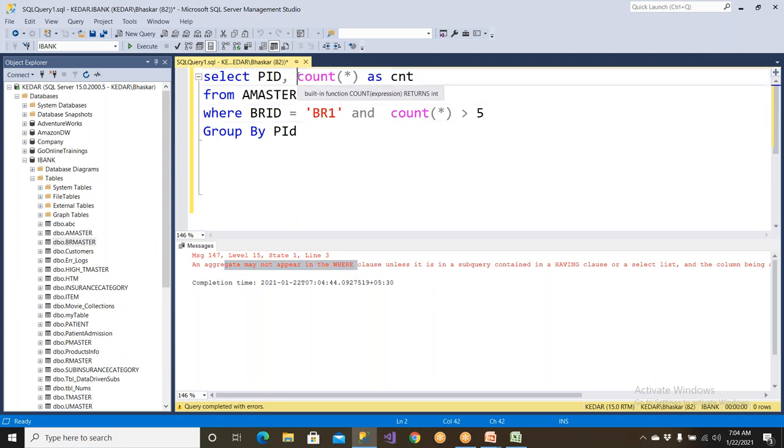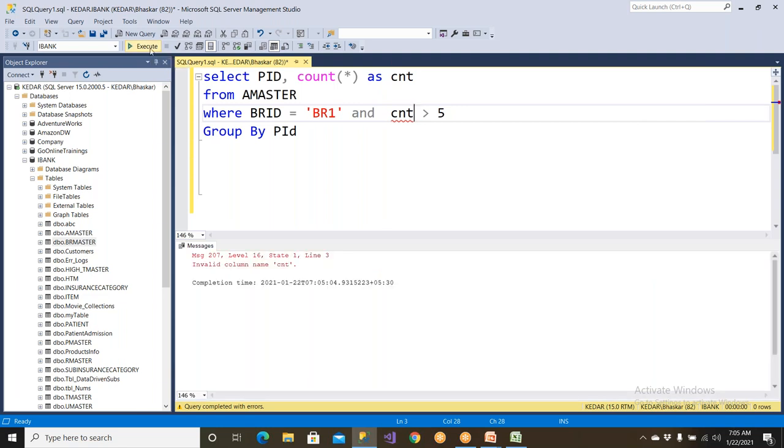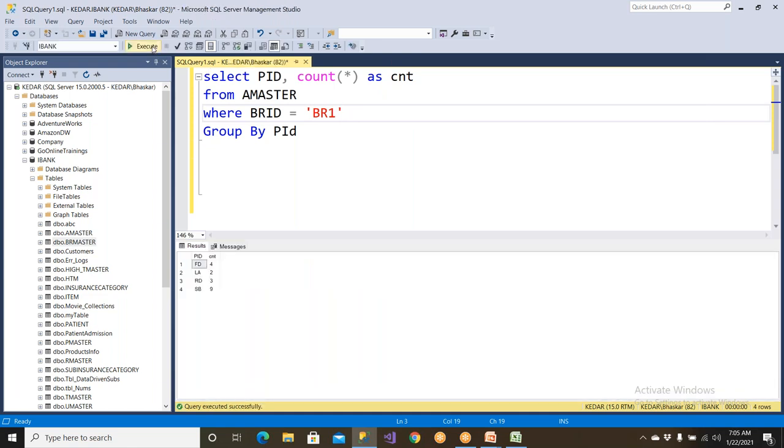You think, so I should not give it like this, I can give it an alias. You may think like this also: count greater than 5. Will it work? It is not going to work. Clear? So the HAVING clause has to be used after grouping,